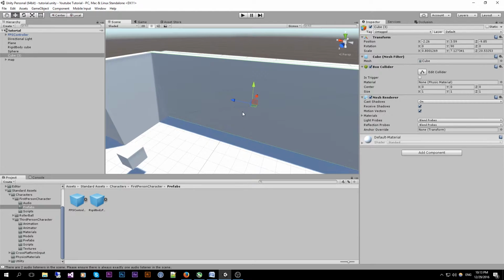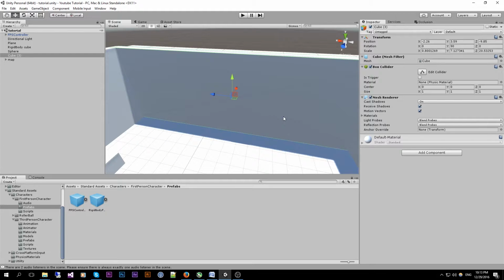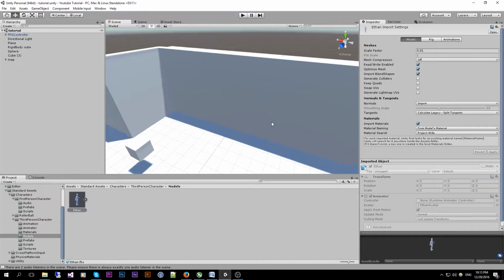The types of collision meshes can range from very basic primitive collisions like this cube over here, or really complex collisions which Unity just generates based on the mesh topology, which can be turned on by going, for example, to the third-person character models and the Ethan model that ships with Unity, and you'll see the generate colliders checkmark over here. By clicking this on and hitting apply, Unity will generate the colliders for you by just using the mesh.